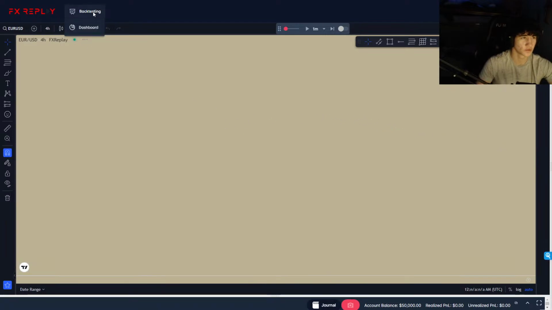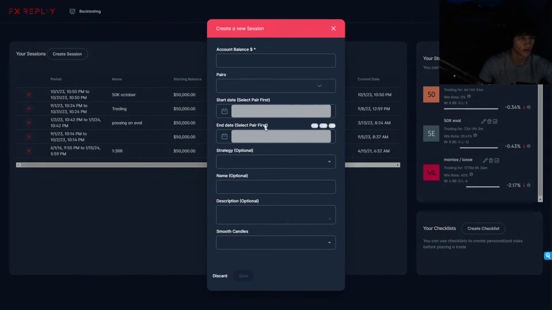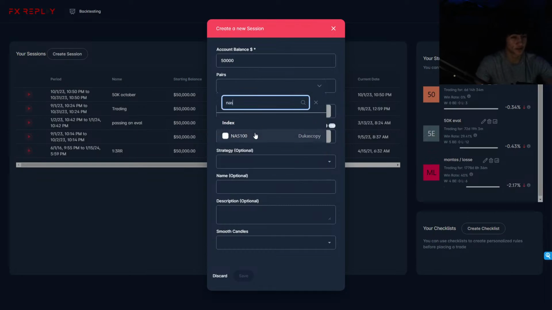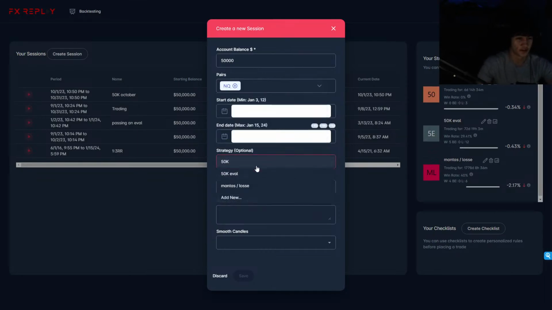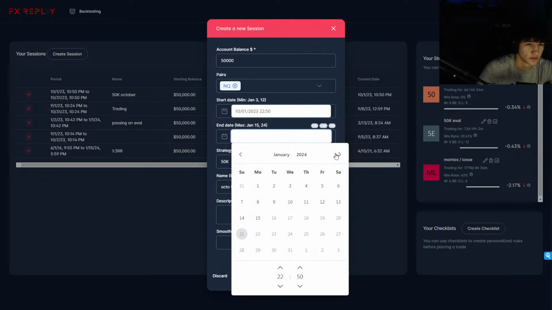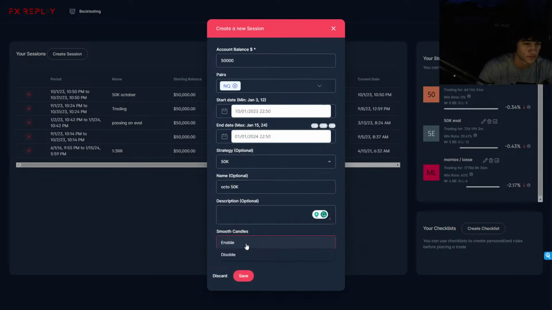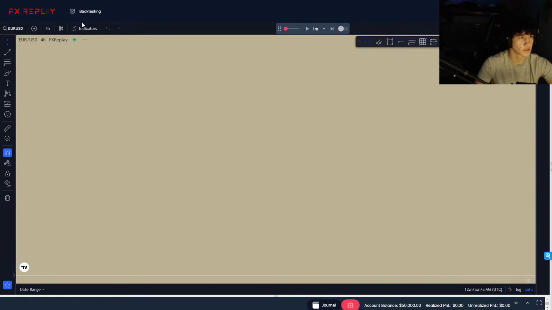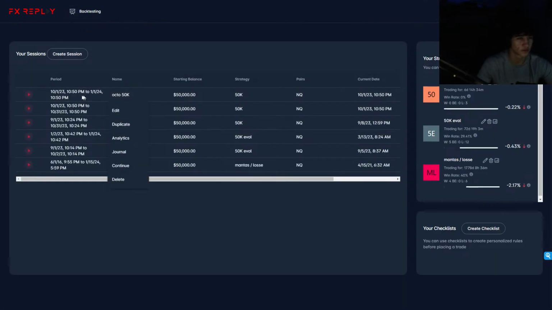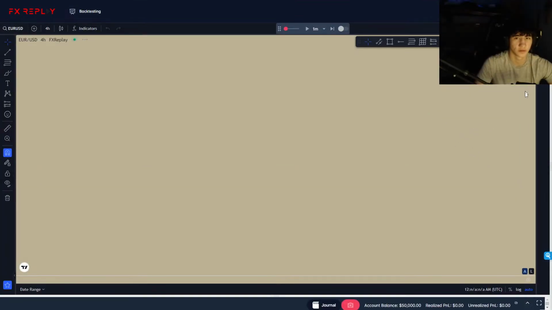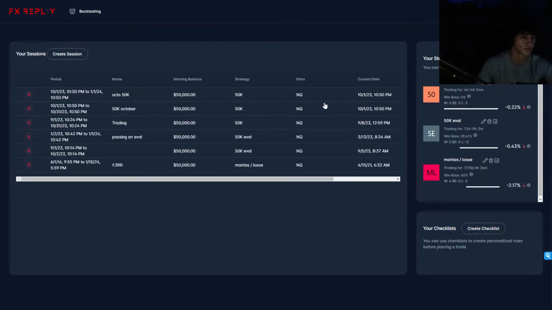Hold up, what is this? Euro USD? Oops. Fuck your puts. Fuck your calls. I get so angsty every single time I backtest. I'm not even kidding, I feel anger. I think it's just the way it trades. Okay, smooth candles enabled. Okay, you want to help me trade this? Why is it on Euro USD? What am I doing wrong? It's on NQ. Yo, I think I broke my FX replay. Are you serious?